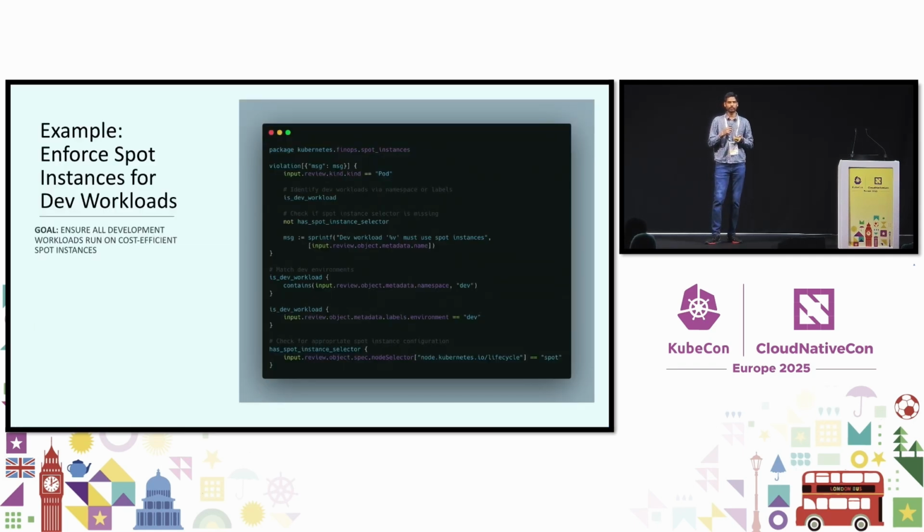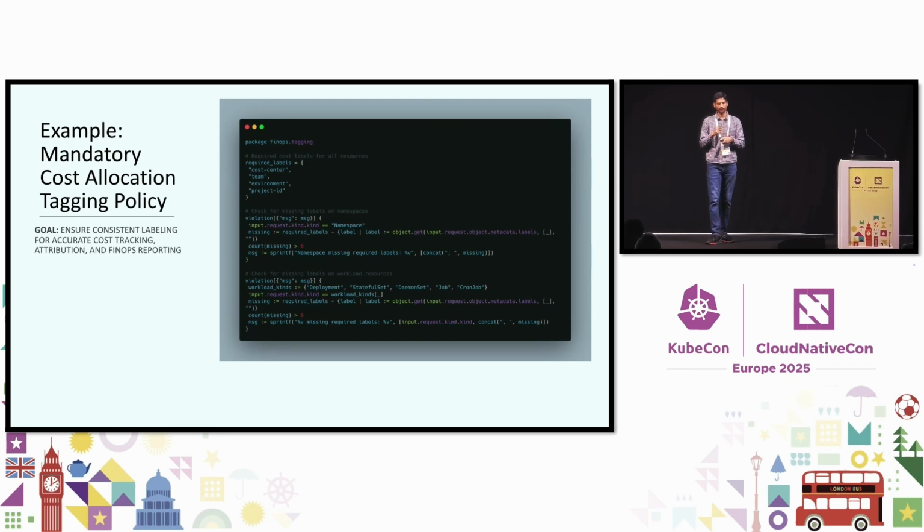So this is another example where you can dictate that we want non-production or dev workloads to make use of Spot instances, which are 70-80% cheaper than on-demand or reserved instances. You can dictate that workloads going to particular namespaces need to have these labels, so they can make those changes and get things deployed. And this is for cost allocation. Having these labels makes sure that whenever you want to do a chargeback in a multi-tenant cluster, it's easy to charge back to the respective application team or business unit.